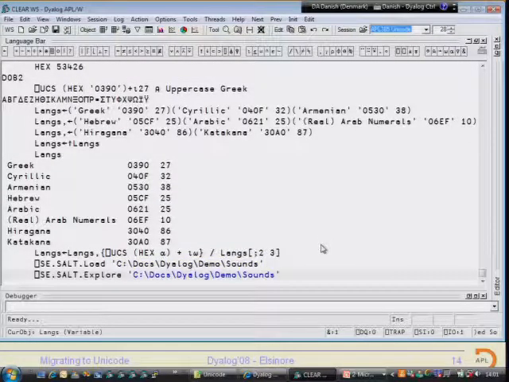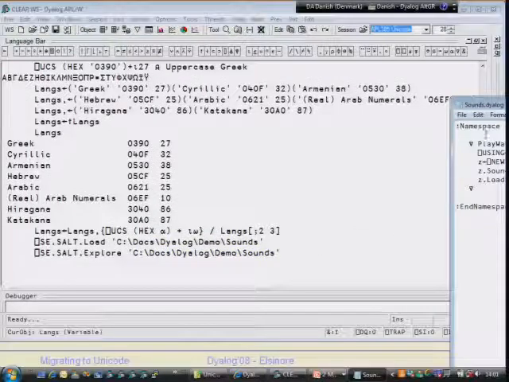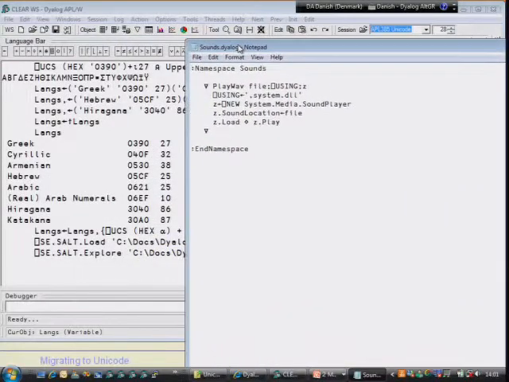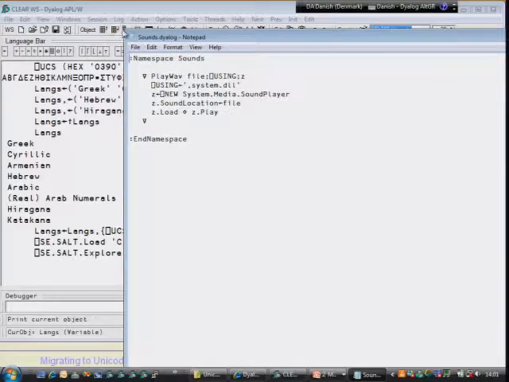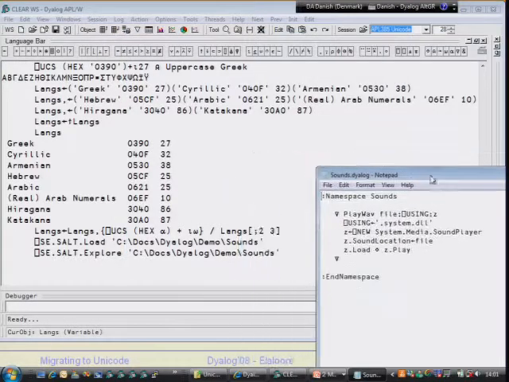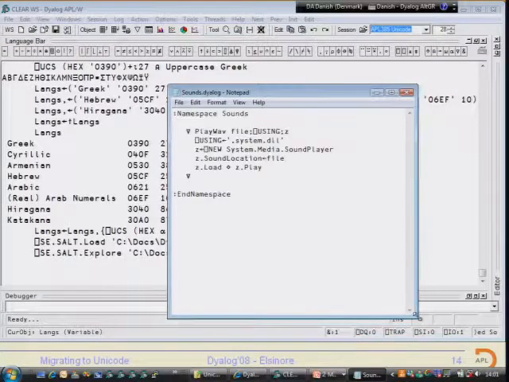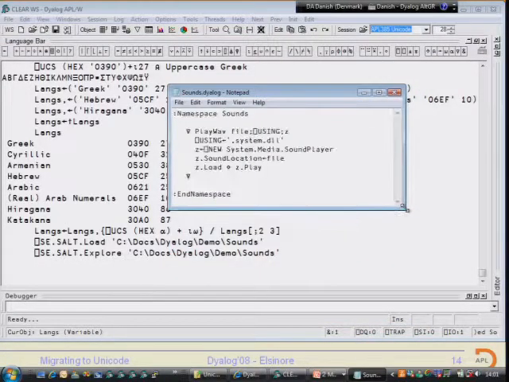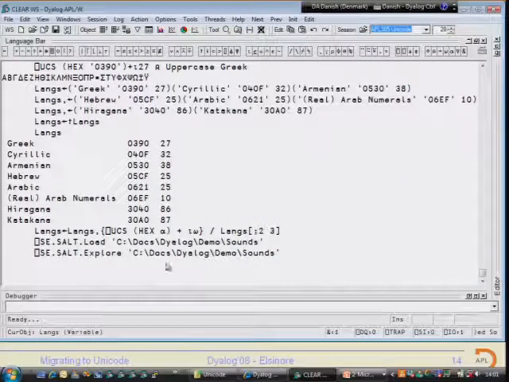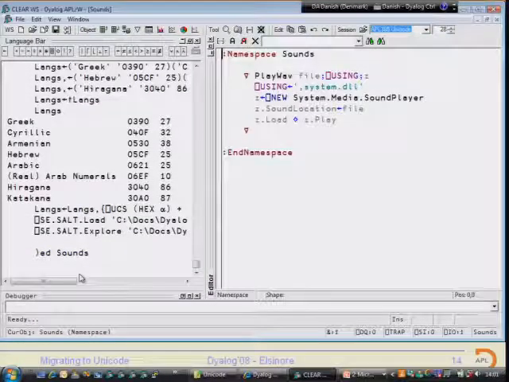Okay, so this is to show you some of this about storing APL source code in text files. A slight diversion here. I've written a little thing because I want to do a multimedia presentation. You're always supposed to try and do that. So I have a little thing that plays sounds, and I've just implemented it as this little namespace here, which is in a notepad file. And quadac.salt.load loads that into my workspace,